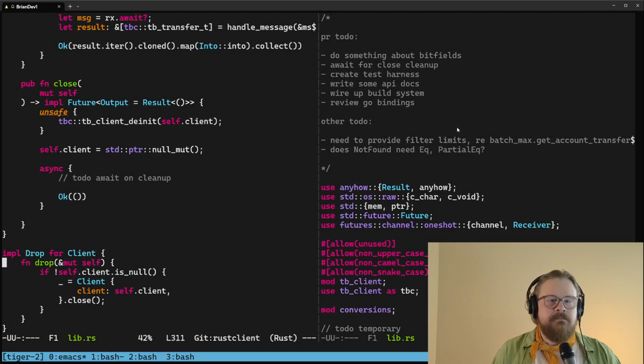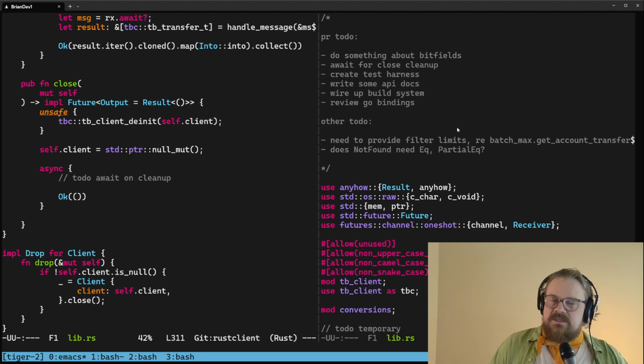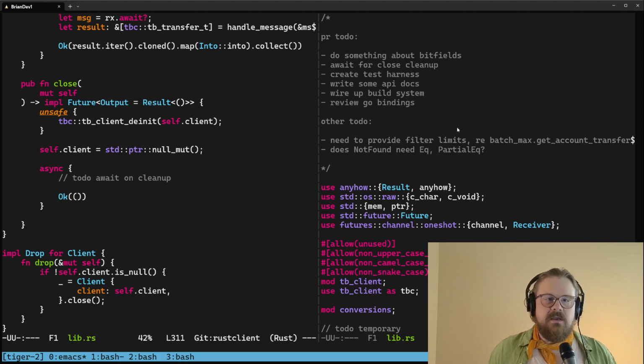Also, part of the design of these bindings to the client library is that every time we submit a request to TB client, we take all of our allocated buffers involved in that request and convert them to raw pointers, so Rust no longer knows about them, and we hand them off to TB client. And then as soon as TB client gives us a callback, we convert all those unsafe pointers back to owned Rust collections,